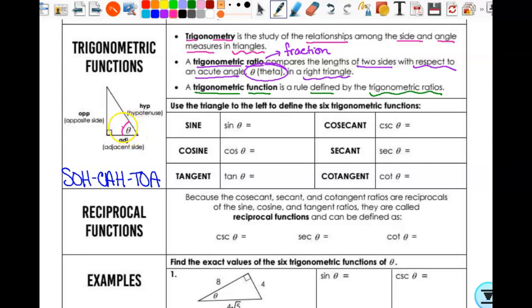Across from theta is your opposite side. That's why it's called the opposite side. We're going to label it as O. Across from the right angle is the hypotenuse. We'll label it as H. And then attached to theta, not the hypotenuse, is the adjacent side. I label mine in the exact same order every single time: the opposite, then the hypotenuse, and the adjacent. The more consistent you are, the less likely you are to make something up, because if you don't label them right, you're not going to get any of this right.